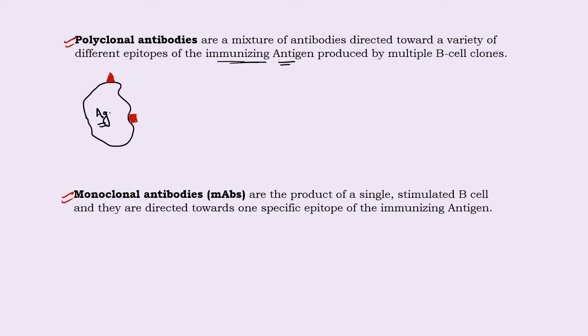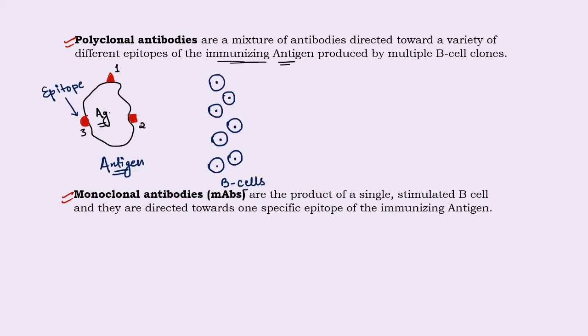One antigen can have multiple types of antigenic determinant, or our body can be invaded by more than one antigen at a time. So suppose this is an antigen and it has these three types of epitopes present on its surface. Now during immune reaction, what happens? Our body has a large number of B cells. On the surface of B cell there are B cell receptors. These are nothing but surface bound antibodies. Okay, so on every B cell there are B cell receptors.